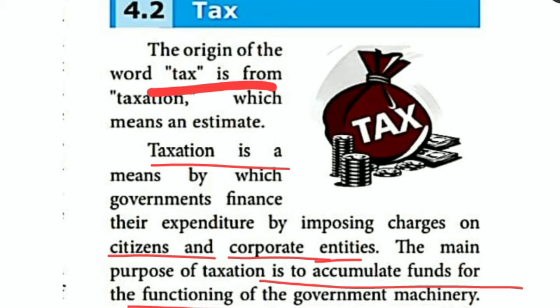The next line, what is given, this line: for the welfare of the state. For the welfare state only they were collecting the taxes. It's the same thing that is given, children. From us they were collecting the taxes. The government is collecting the taxes not only from us but also from the corporate companies, like I told just before. Then the main purpose of that taxation is that they were accumulating the wealth. Accumulating in the sense they were keeping the amount in one place. For the welfare of the government machineries only they were utilizing it.